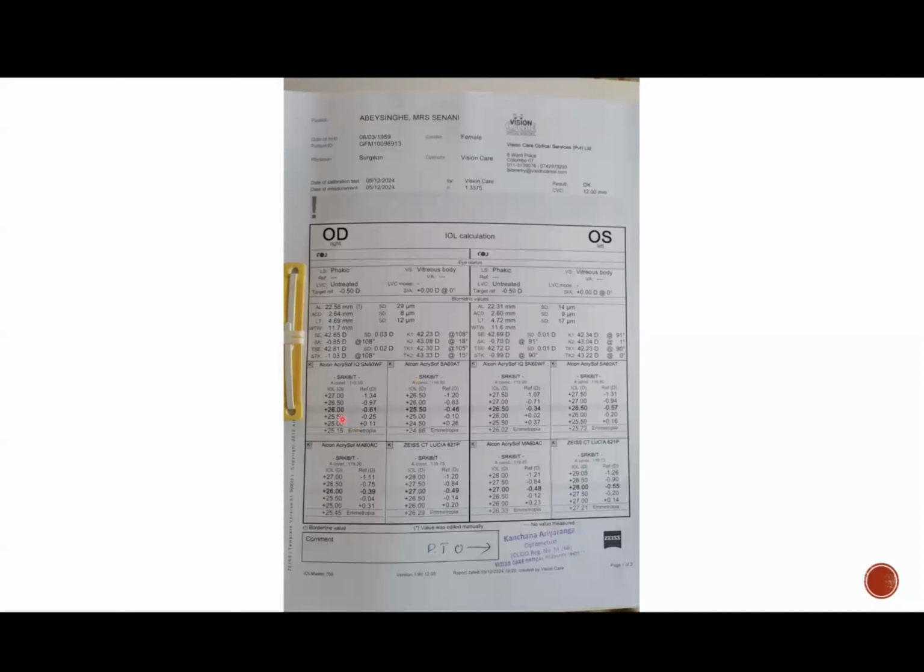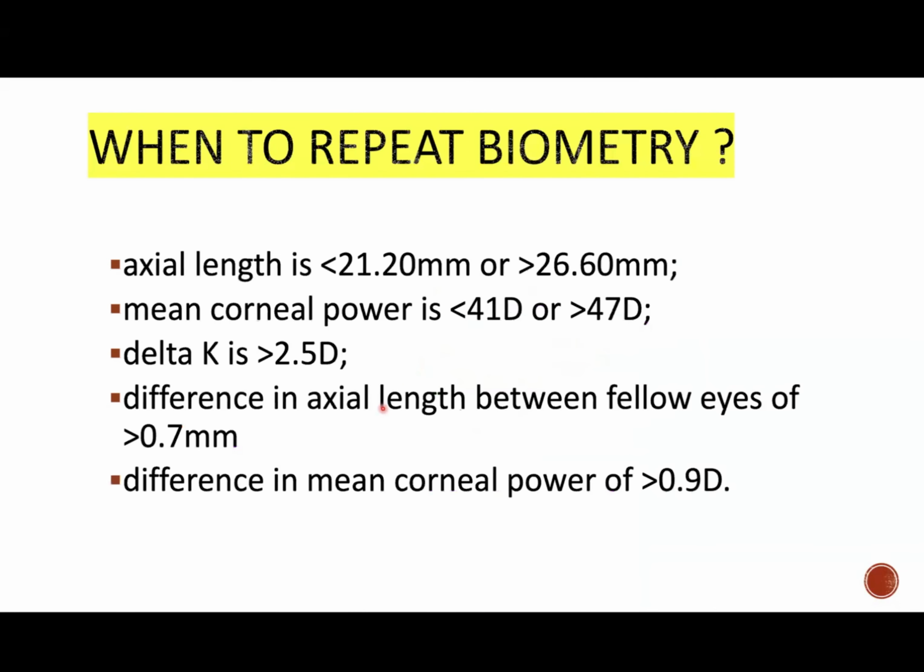So whenever you choose the IOL, you have to look at this one and this one. Then, depending on your personal experience, you have to adjust whatever lens power you are going to choose. There are recommendations to repeat the biometry.